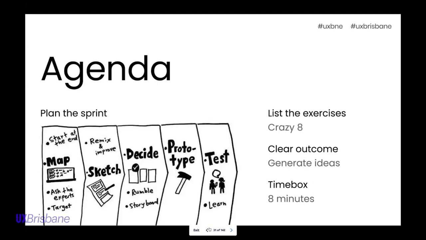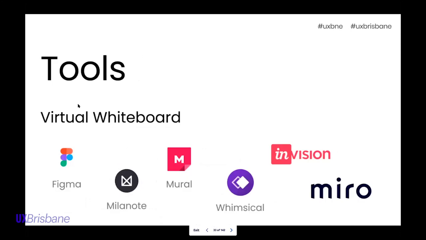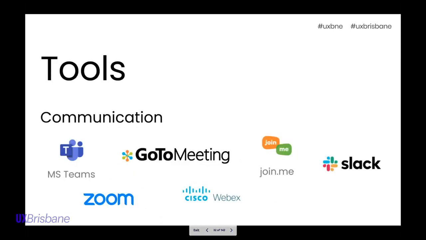And moving on to how do you facilitate those different exercises during these days? So first, I'm going to touch on two main umbrellas of tools. The first one would be communication. Obviously, you've been in this one, which is Zoom, and there are a lot of other communication tools that allow you to collaborate, like Microsoft Teams, which is also getting really big, and Slack as well. A lot of us might be using Slack, and there are heaps of them to keep us in sync in terms of communication.